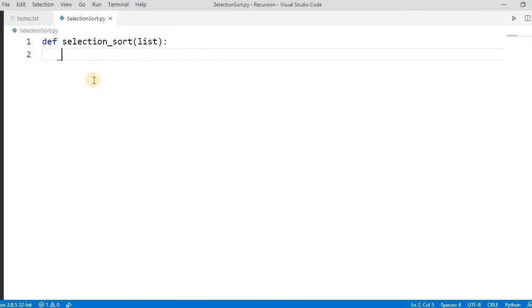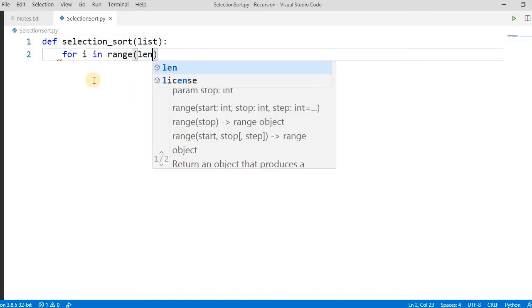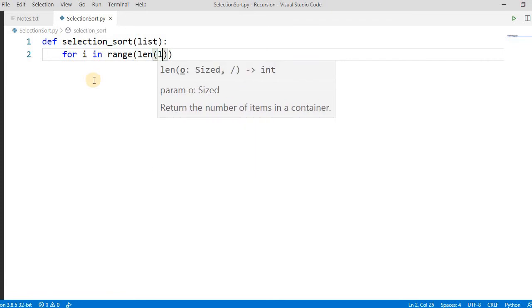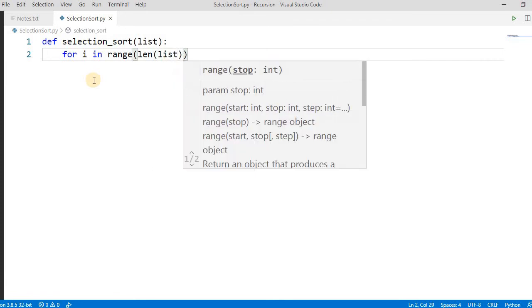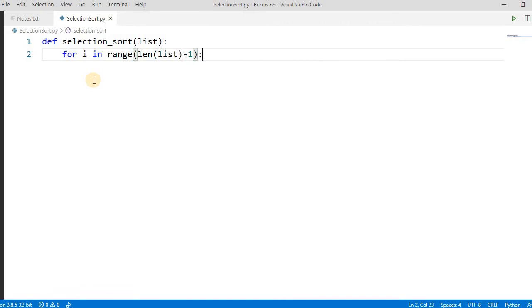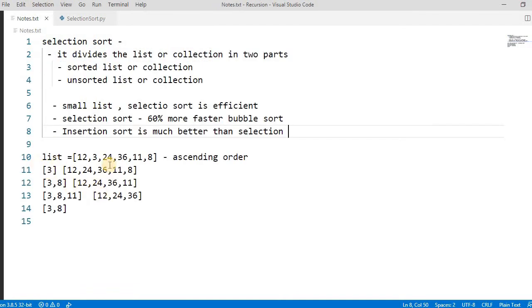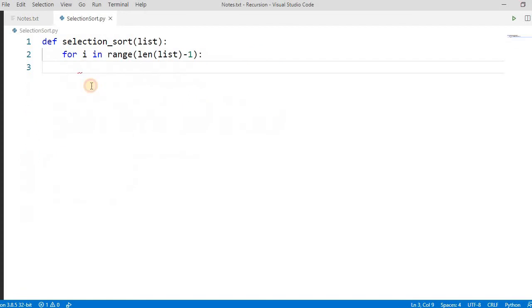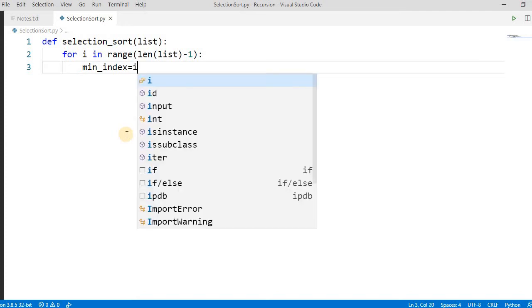So first it's for i in range of the length of the list. The moment you find the minimum number, because we are in ascending order, it contains the index, right? So let's declare one variable, minimum index, and by default the minimum index is i.